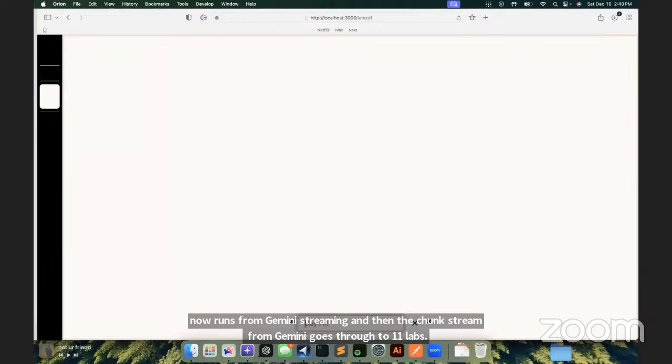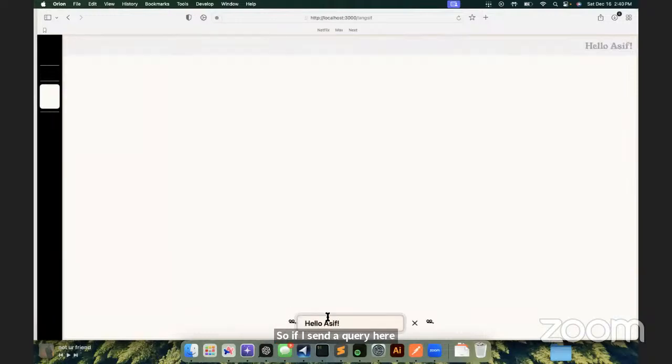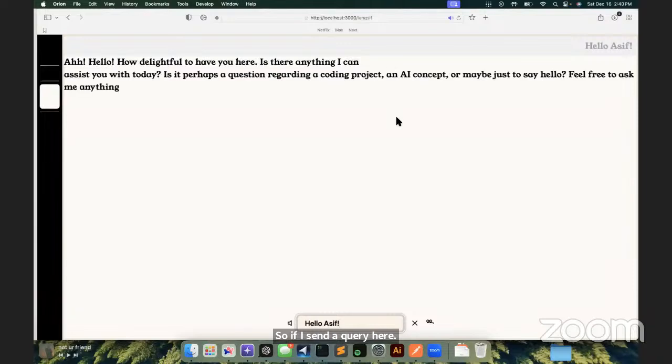It now runs from Gemini streaming, and then the chunks streamed from Gemini go straight to 11 Labs. So if I send a query here,